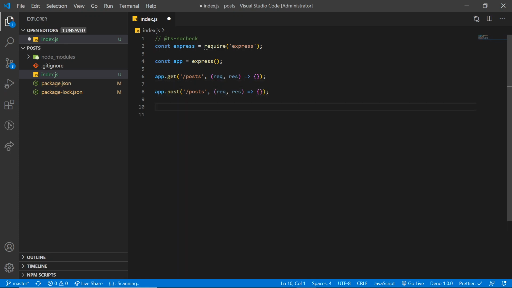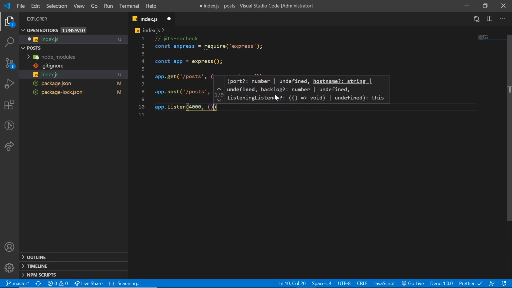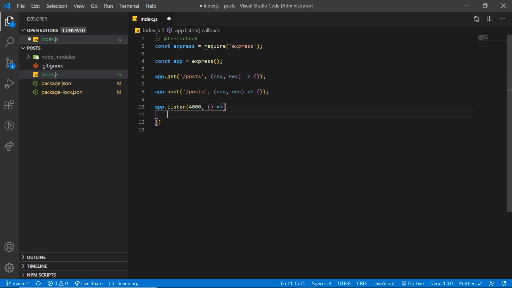So I am going to put it here, app.listen, 4000. Let's print something like listening at port 4000. Save this.